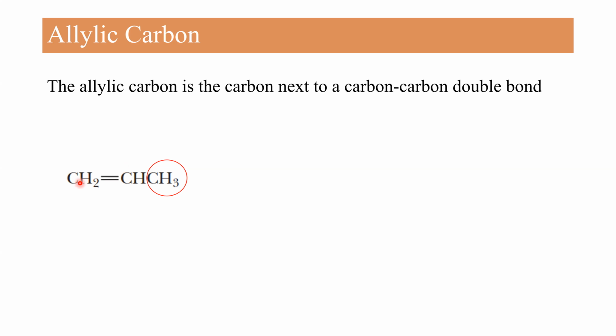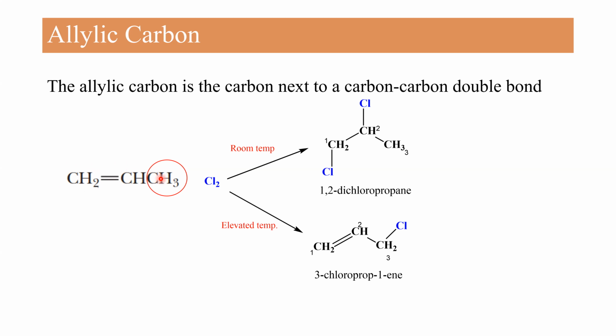The carbon which is involved in a double bond, in common terminology, we term as vinylic. So this is the vinylic carbon, and the carbon adjacent to the double bonded carbon is the allylic carbon. Now the important thing I want to emphasize, and I need your attention here, is this: here is an example, propene. When we treat propene with chlorine at room temperature or in the presence of light,